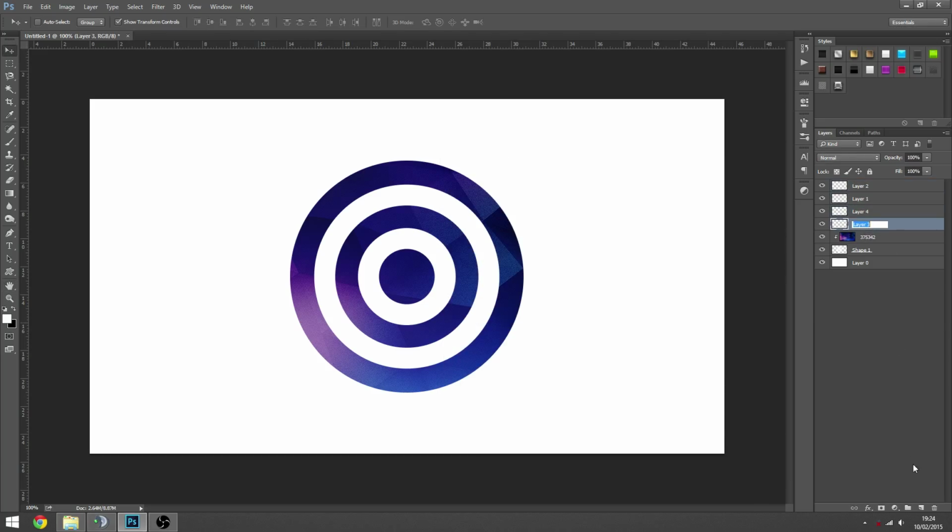Why am I pressing all the wrong buttons? We should delete them layers. So